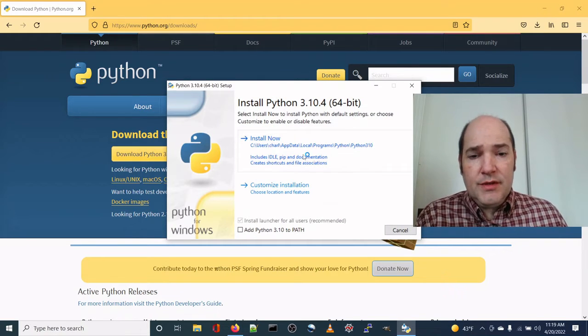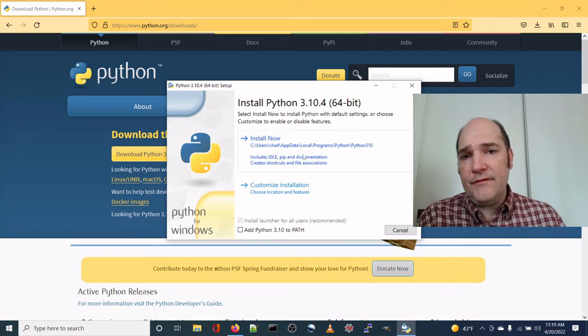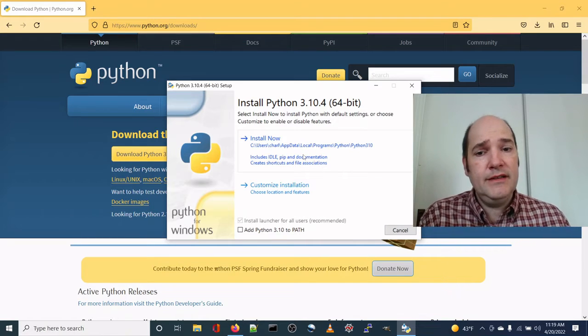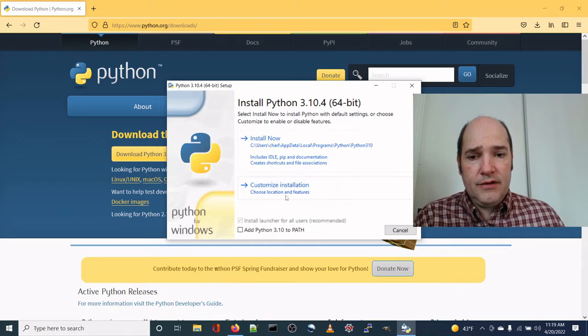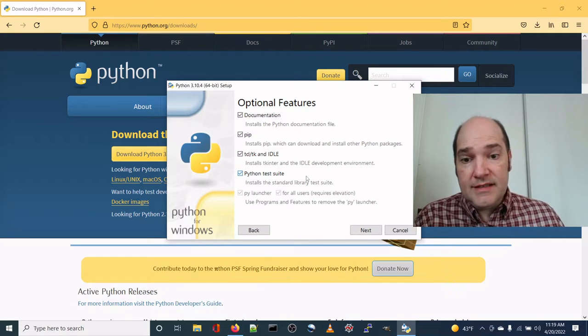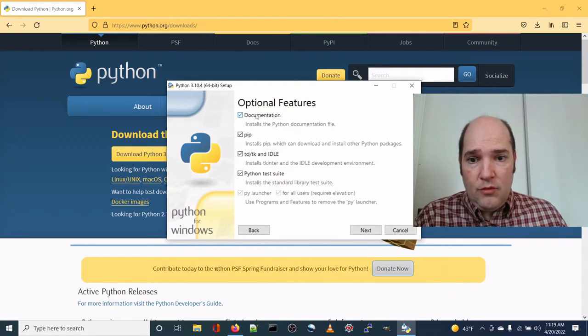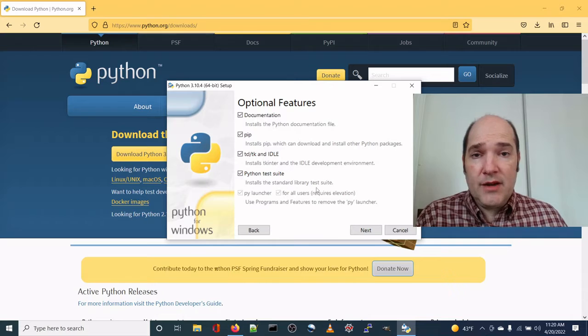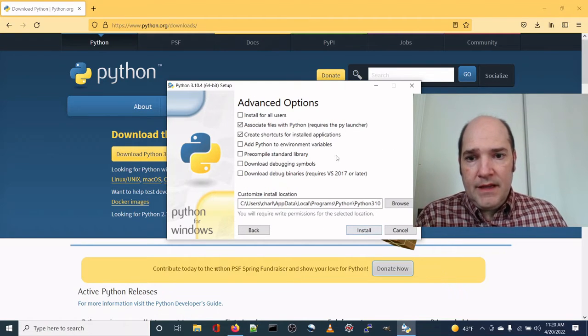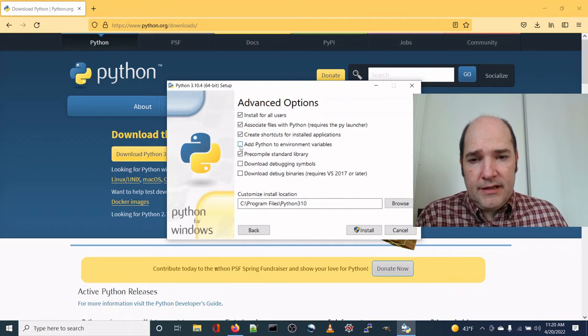Okay, so you can install now if you want to, and if this is the first and only time you're installing Python, that probably is fine. I'm going to go for a custom installation where I'm going to accept, well, I can't do anything about this for all users, but that's what I want. I want this to work for all users. So I click next. So I click up here, install for all users, and I want to click add Python